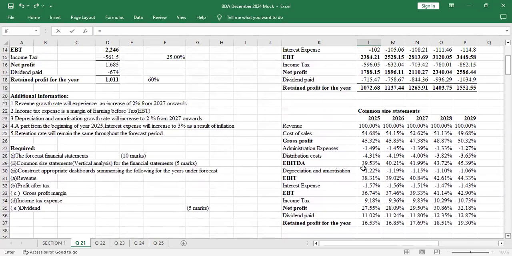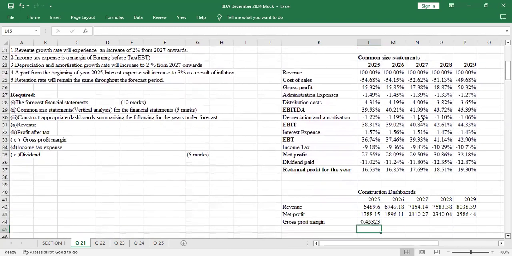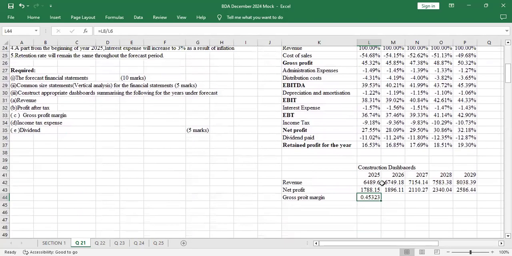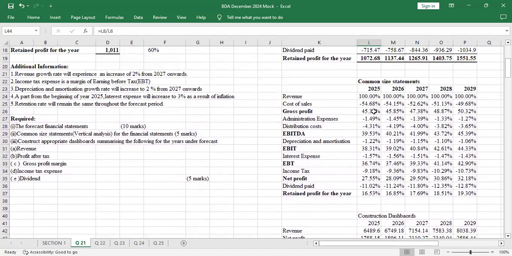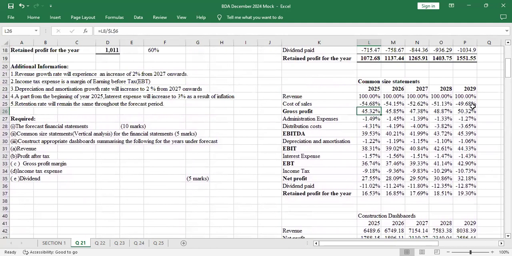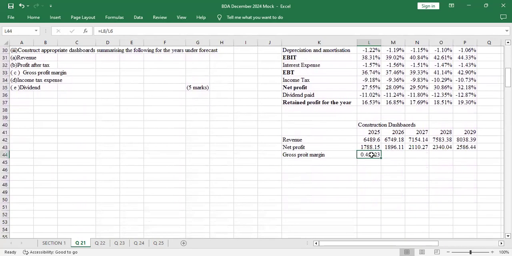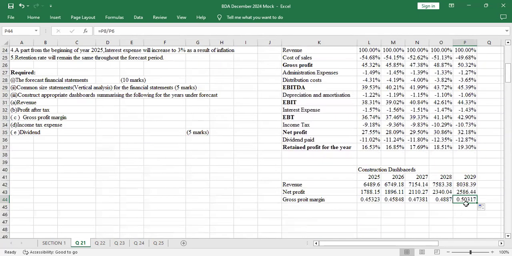So this margin, I'll just say equals the gross profit, which is here, divided by the revenue, because it's a margin of revenue. Then you enter. Once you enter that, I can see it's giving me 0.4532. In fact, it's what we have here, 45.32%. Alternatively, you can just pick those values there, but I don't want the values in percentage. That's why I've decided to divide directly. The profit margin, you can see the last one is 50.32. This is also 50.32.